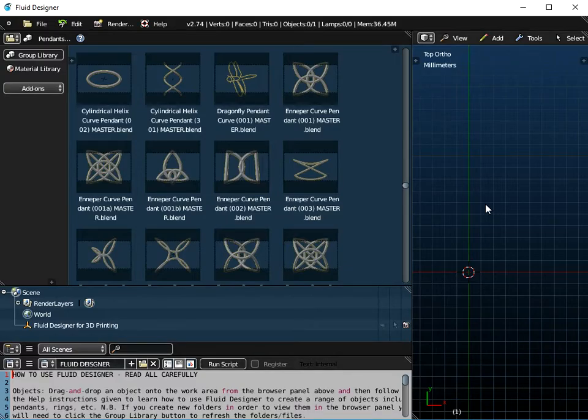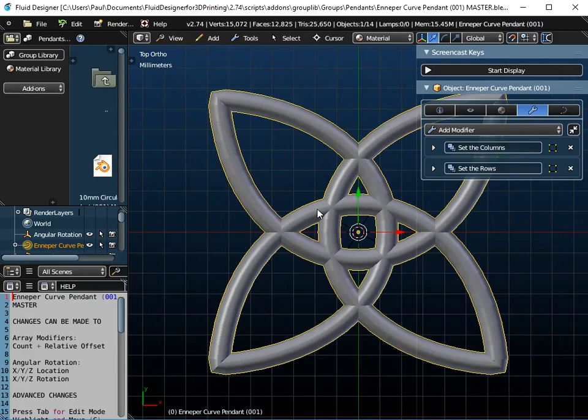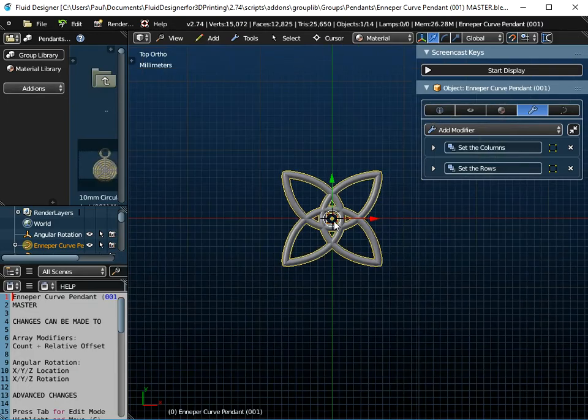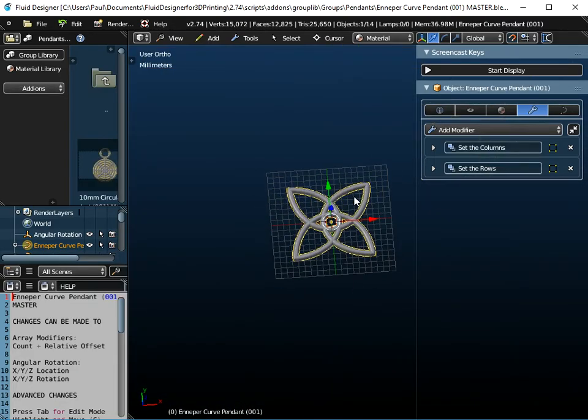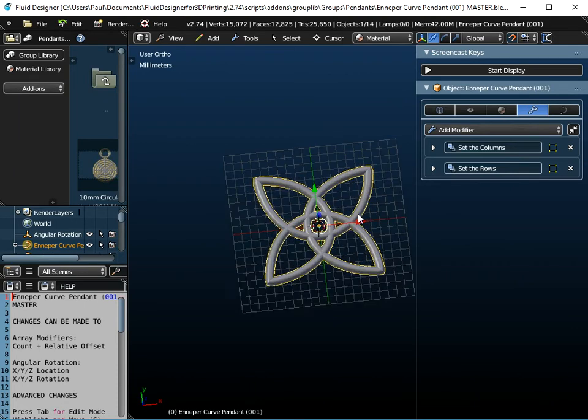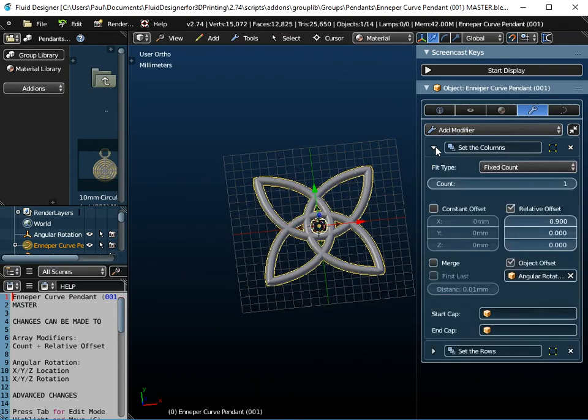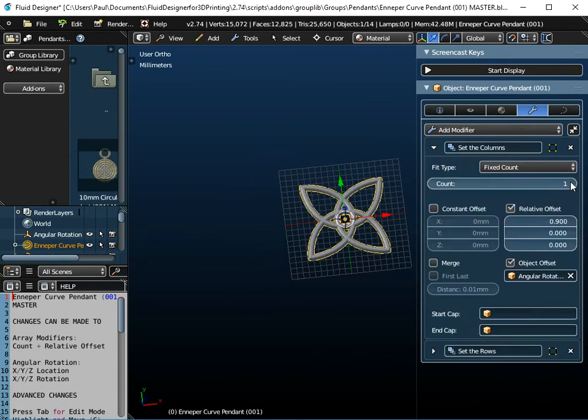So if we go to Fluid Designer for 3D printing, these are the Enneper curve objects that come for pendants. And there are 3D objects in some instances. These are 3D objects, and there are kind of 2D flat objects. I'm going to stick to just the 2D flat one to show you here at the moment. So there's the basic Enneper curve, and what you can do, it's already set up for you, is you can